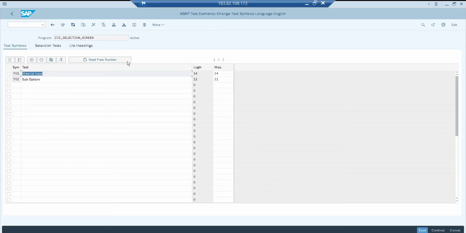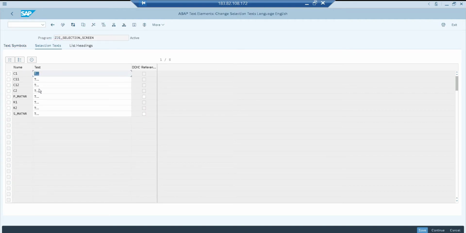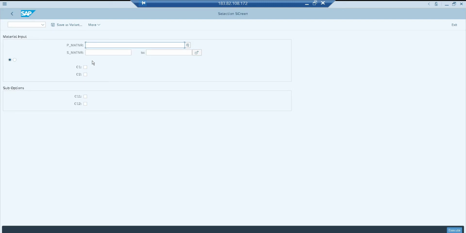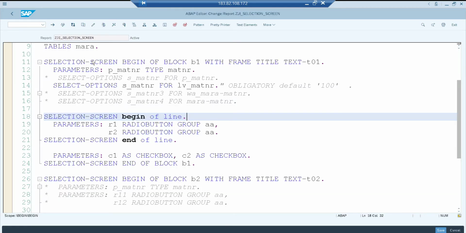Go to text elements, selection text. So R1, maybe I can say order type 1, and this is order type 2. Save it. Make sure you activate your selection text and go back. Program is active. Yes. Execute. No, it's not coming. So if you keep any component within the same line, begin of line